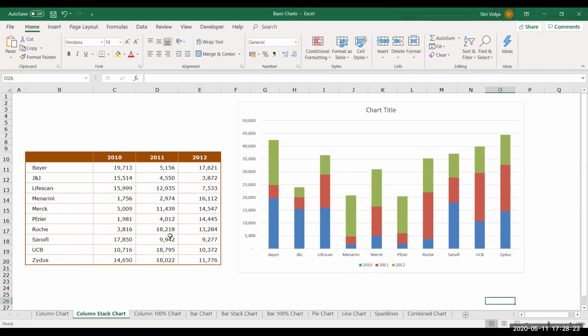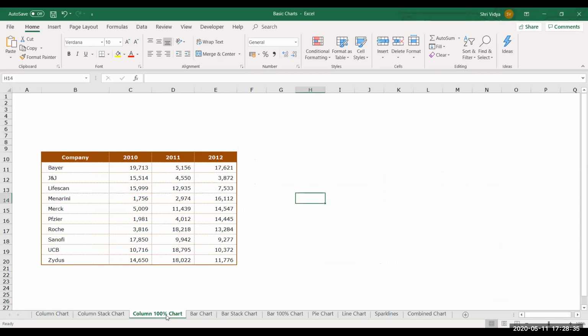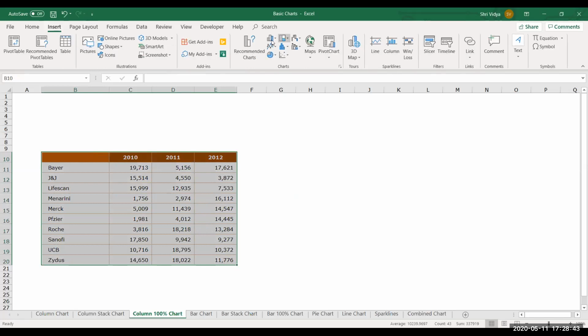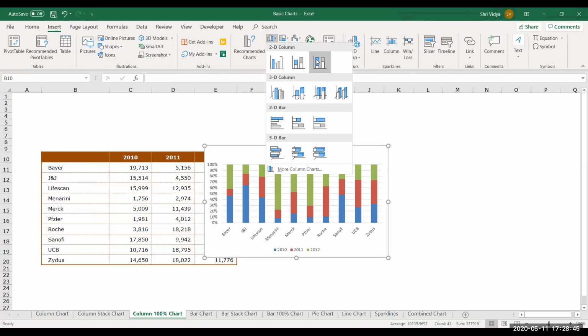But again, now I would like to see the percentage contribution of these years of sales, let's say. Now let me choose this one, the same example. This is the same data. I'll again plot the chart. So this time let me plot 100% stacked column.